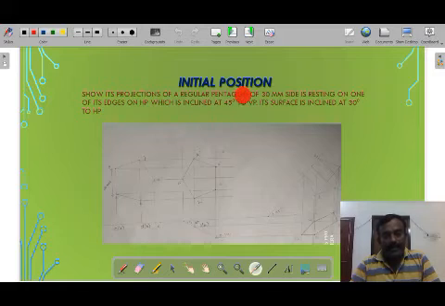See the problem. It's a regular pentagon of 30 mm side resting on one of its edges on the HP. So the resting condition is edge on the HP, it is inclined 45 degrees to the VP, and the surface is inclined at 30 degrees to the HP. Here the surface is inclined 30 degrees to the HP, so you have to draw the top view first, whereas here he has drawn the front view. When the surface is inclined to the HP, draw the top view first. When the surface is inclined to the VP, draw the front view first. So for the given conditions, the first stage is not satisfied.